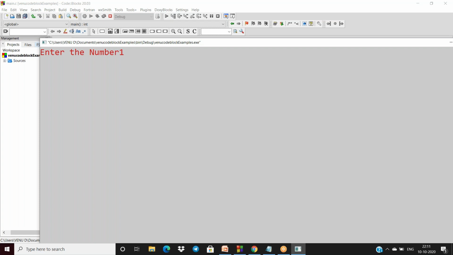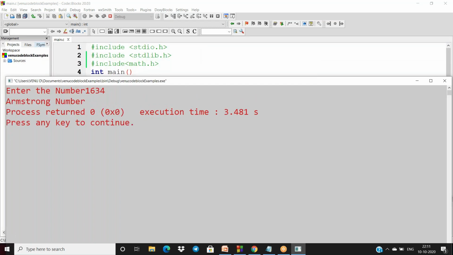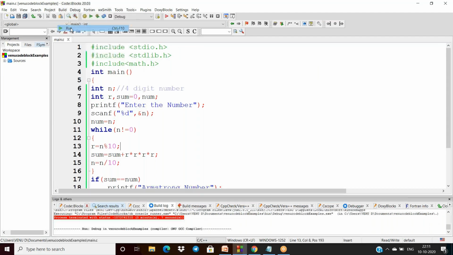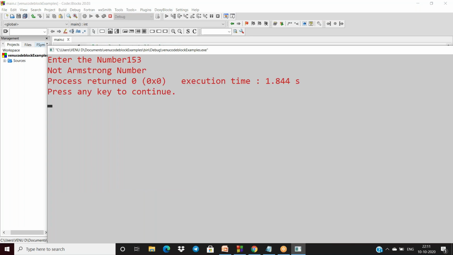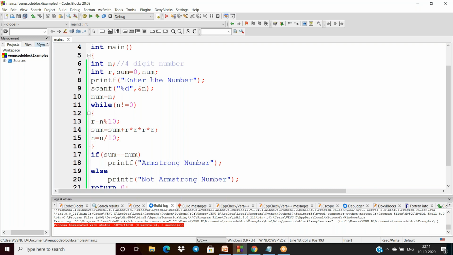If I give 1634, 1634 is an Armstrong number. But if I give a three digit number like 153, it shows wrong here. Actually 153 is also an Armstrong number. So this is the problem we are facing here. If it is 3 digits, I write 3 r's, and if it is 4 digits, I write 4 r's.